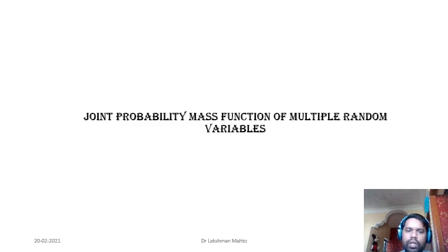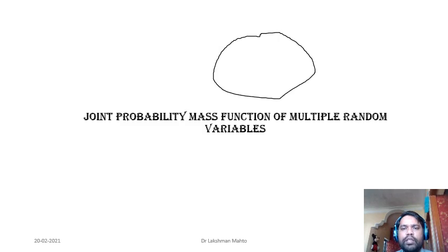Firstly, I will talk about the joint probability mass function of multiple random variables. If you have a random experiment, any kind of random experiment, you can observe a variety of random variables in that experiment. It is not like only one random variable. In a single random experiment, you can observe various random variables. If you are dealing with various random variables together, then in order to describe them simultaneously, you need to know what a joint probability mass function is. That's where the concept comes from.